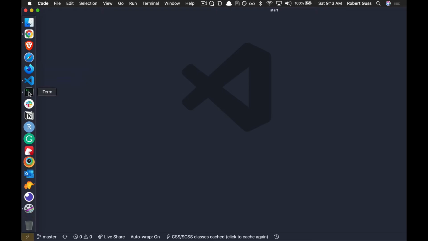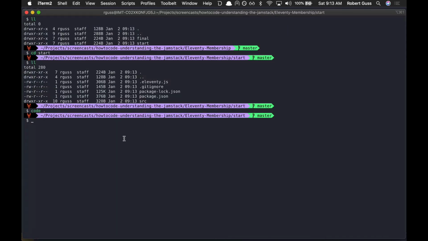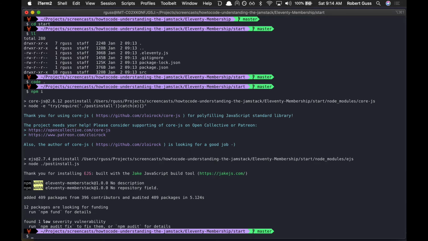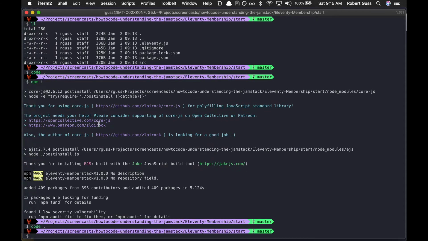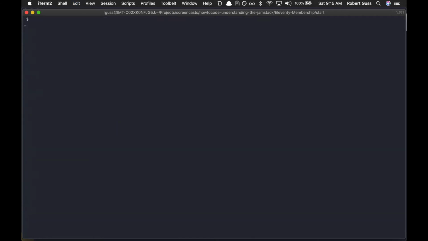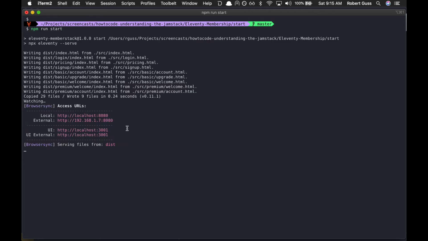And while that's opening up, let's install all of our packages. Great. Okay, so now that we've got all of our packages installed, let's run up the local dev server and take a look at what we're working with. So we just do npm run start. This will spin up a local dev server. So if you go to localhost port 8080,